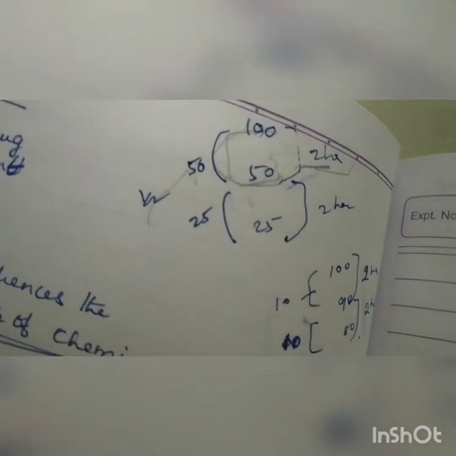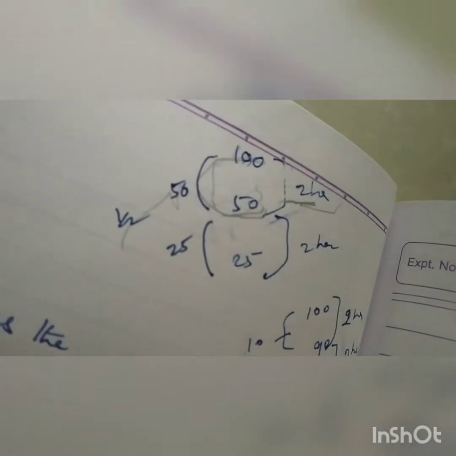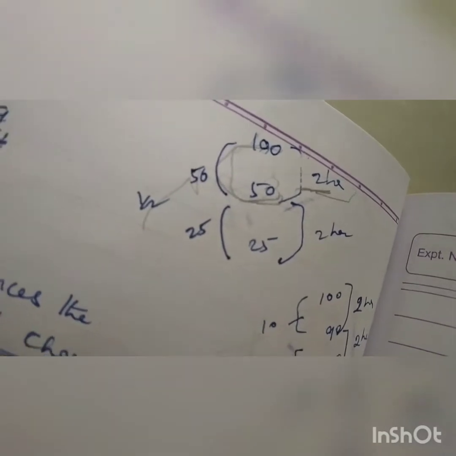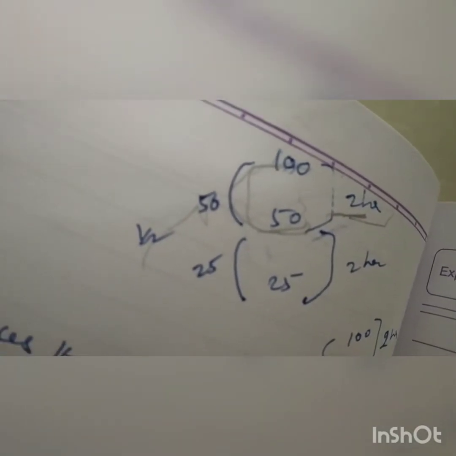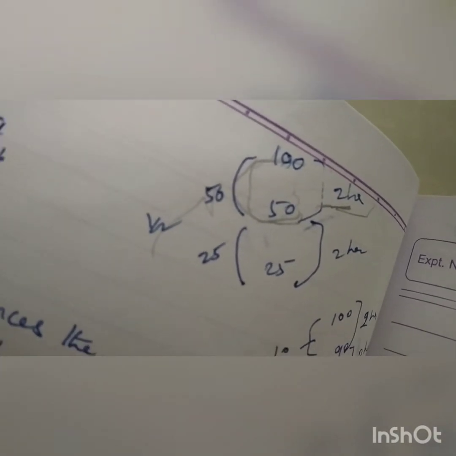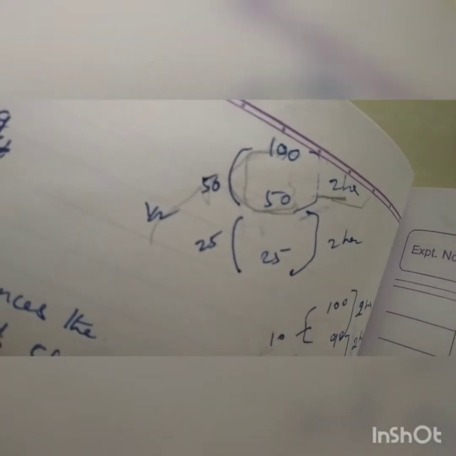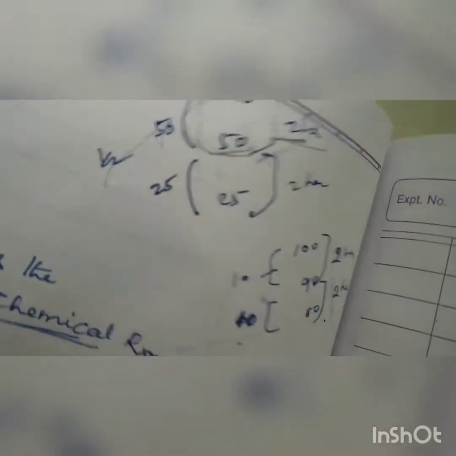So this is one way the concentration of the drug gets reduced. Here the rate of reaction depends on the concentration. If you have more concentration, then the elimination will be more. That is, if you have 100, the eliminated amount is 50. If you have 50, then 25. If you have 25, then 12. Like that. And another way is,